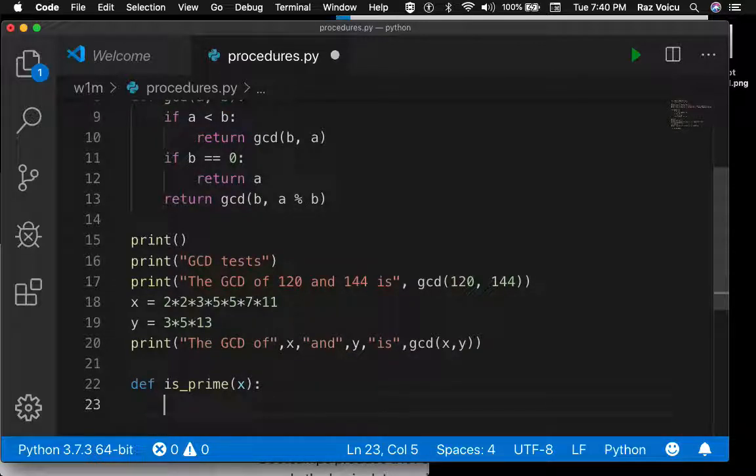When is a number prime? Yes, so the only divisors are 1 and itself, right? There's no other divisors. All right, so